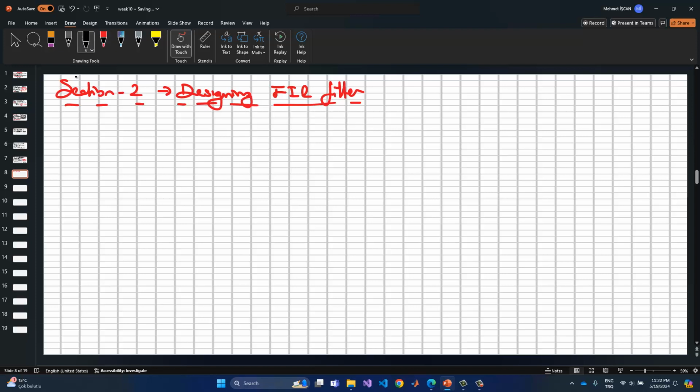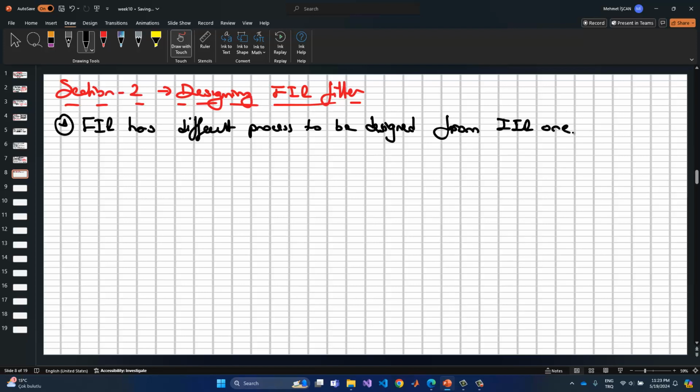First of all, we need to say that the FIR filter has a different design process from IIR filters, since we have